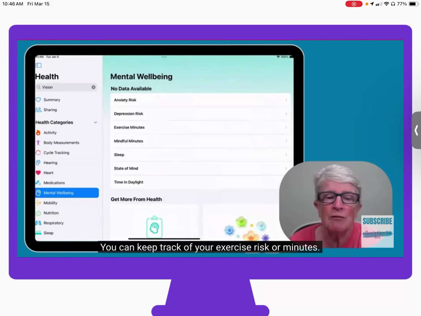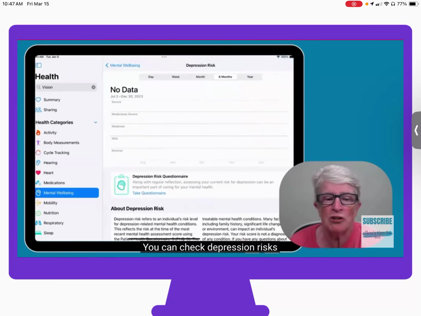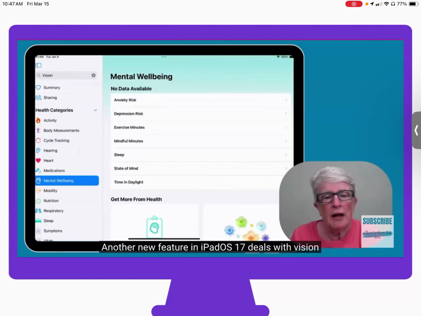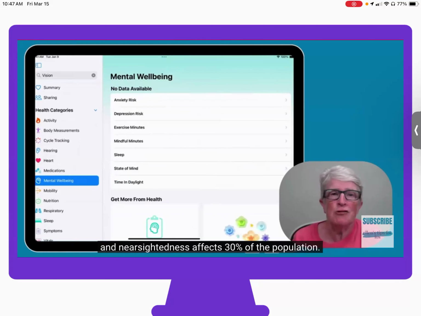You can keep track of your exercise minutes. You can check depression risks and take the depression risk questionnaire. These are all updates that Apple has brought to the health app so that we can take care of our mental well-being. Another new feature in iPadOS 17 deals with vision, and nearsightedness affects 30% of the population, and there